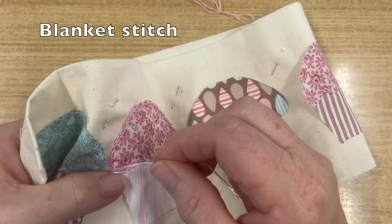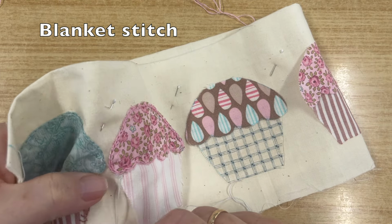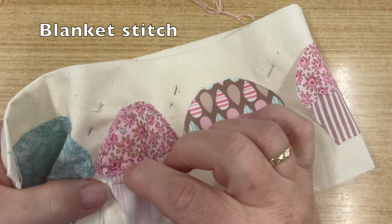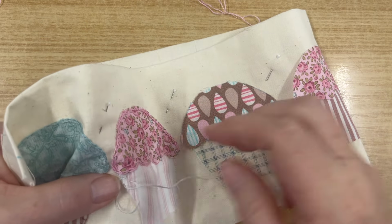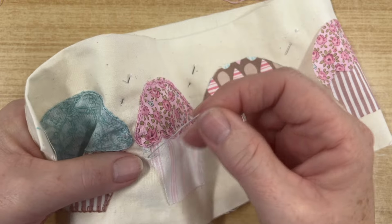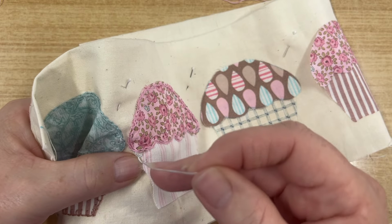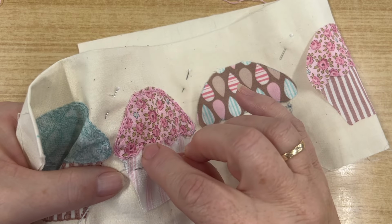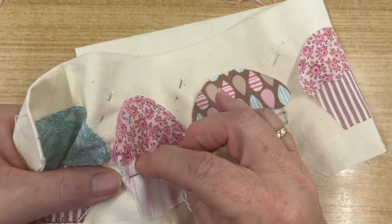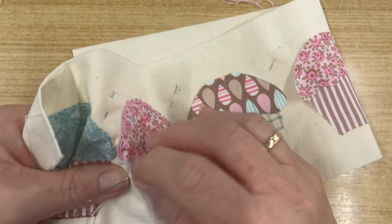I really rekindled my passion for sewing during the lockdowns of COVID. In fact, I'd gotten to a point where I thought maybe I should get rid of all my craft items, that they'd moved from one house to another, and I hadn't used them. And then the lockdowns came, and I was very, very grateful for all of those supplies to keep me busy